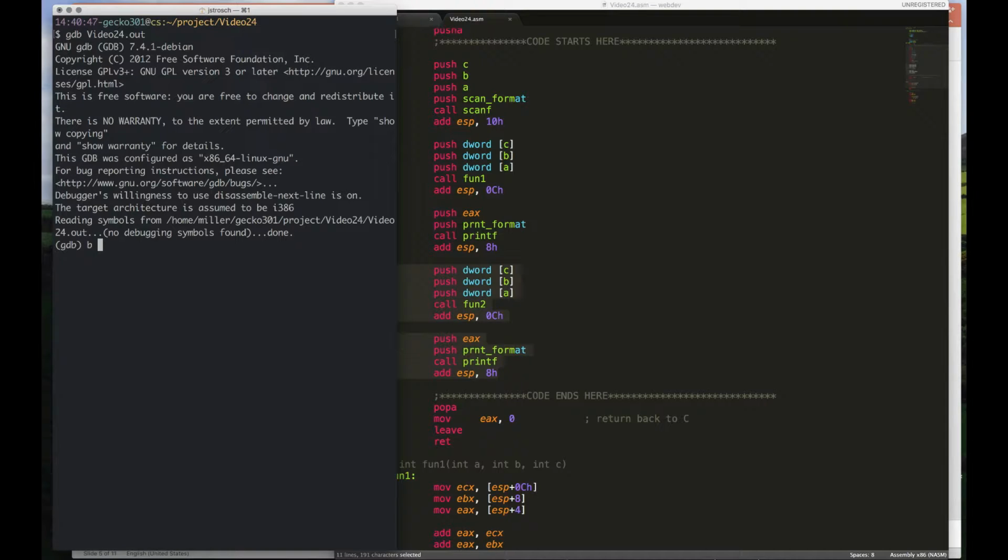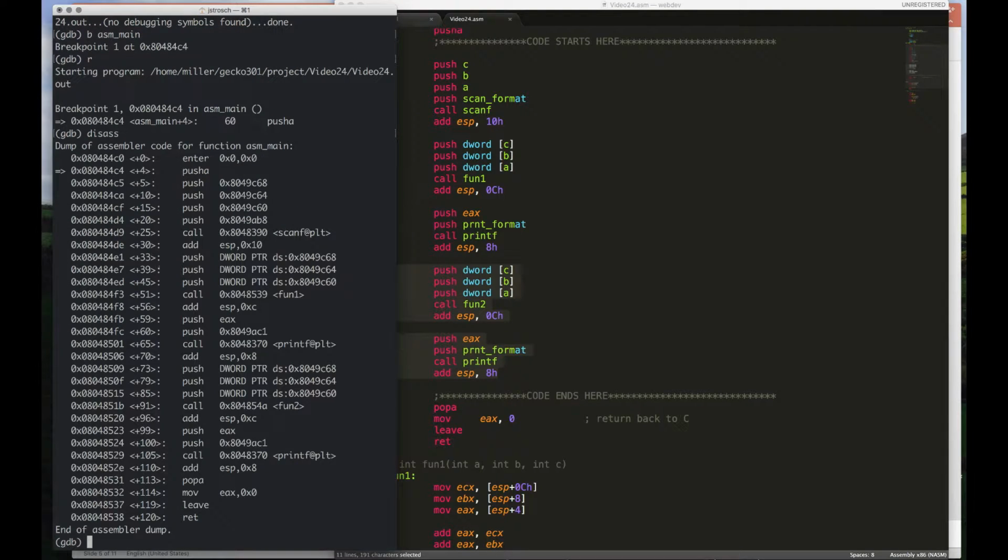B for break, and I'll do ASM main. It says it set a breakpoint at that memory address, which happens to be where our ASM main function is located. Now we can do R, and that'll run the program. You'll see that the program will run until it breaks. And if we do a disassemble,